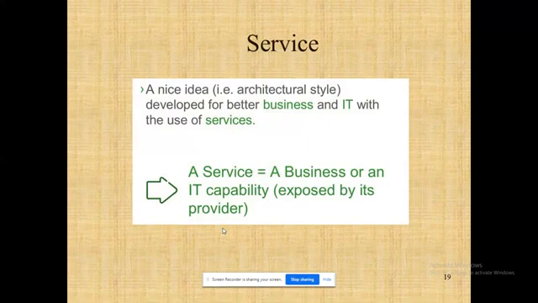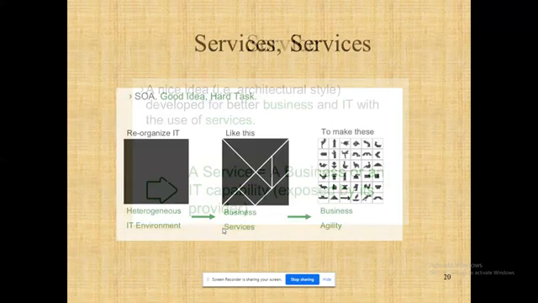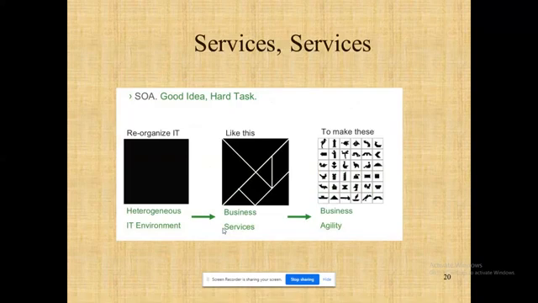Okay. So what is a service? A business or an IT capability that can be exposed by its provider. It may be exposed or it may not be. That could be decided by the corresponding layer. They don't want to exhibit how your username and password are encrypted, right? But they could exhibit the time to reach your request and the time to respond, right? We will be checking our internet speed by using RTT. So this could be the idea.